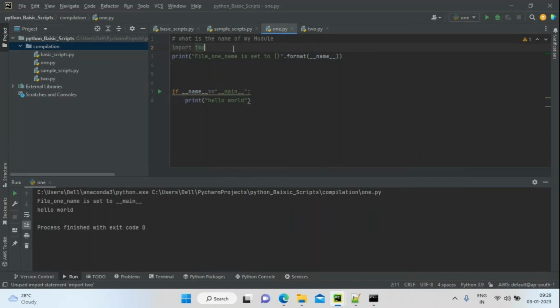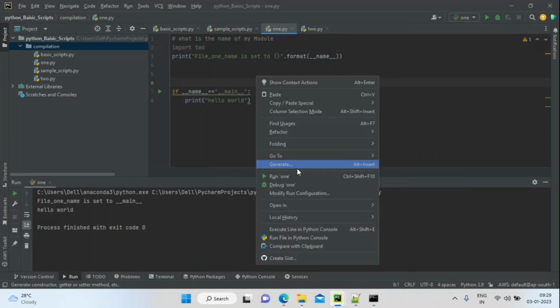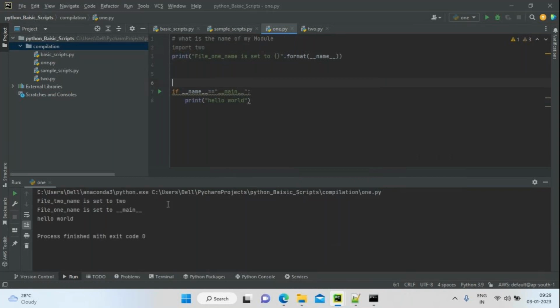Because I'm importing the module 2, what will happen? Let's see. File 2 name. What's the module name now? 2.